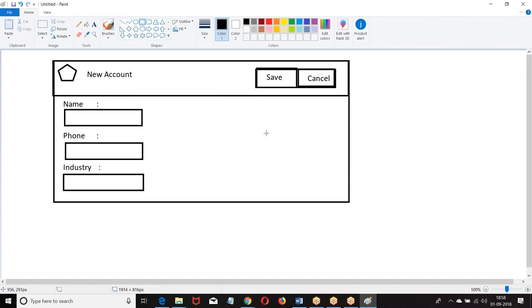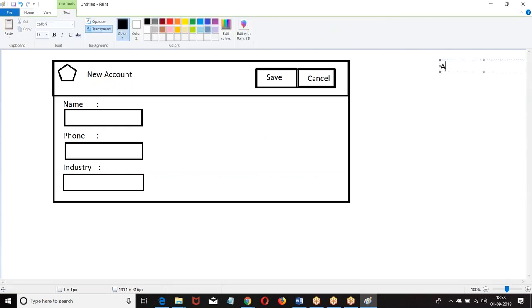This is the structure. What I want is, when I click on the new button on account, this page should open. Once I enter the data, I will click on save. Once I click on save, it will go to the client side controller and invoke an Apex class. In the Apex class, I have a method called create. It is going to insert the record and return you the ID.